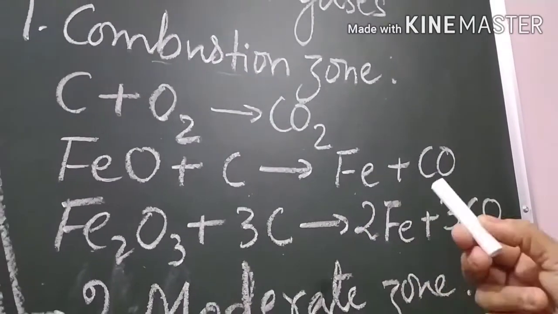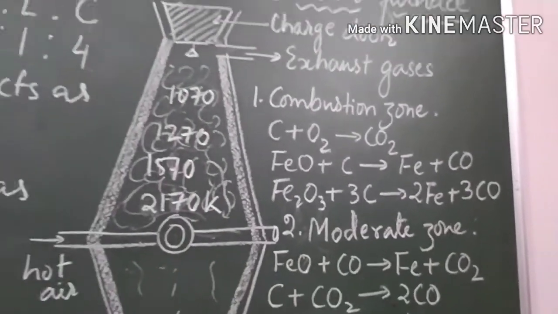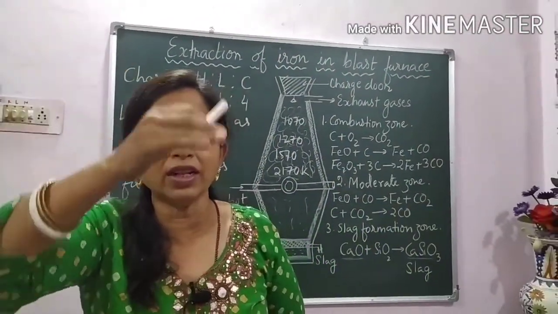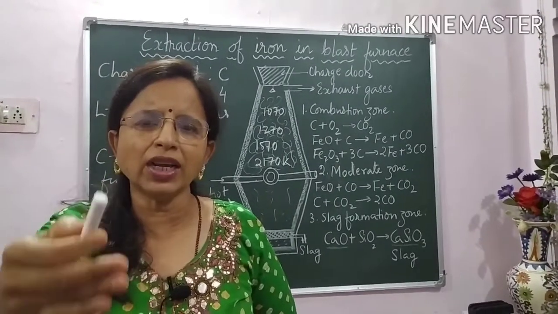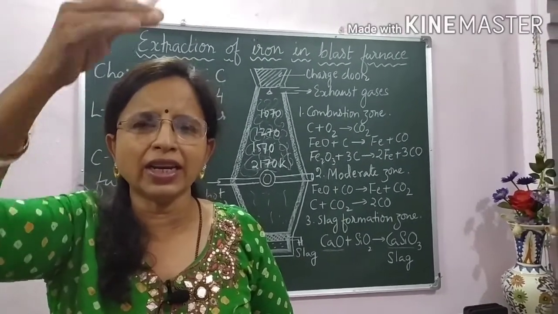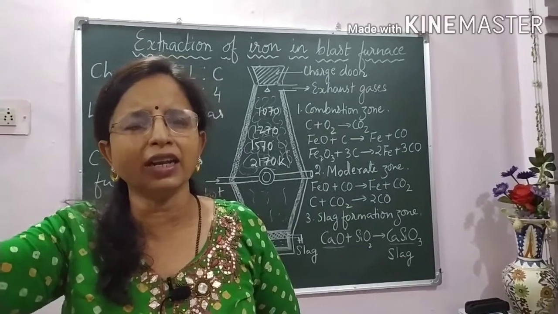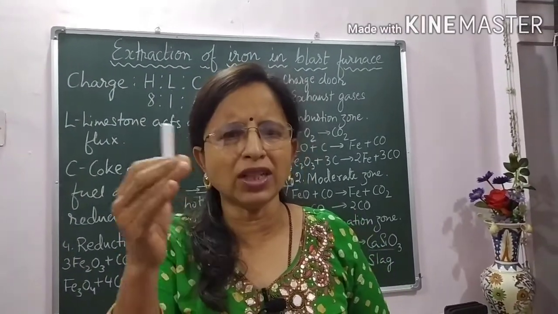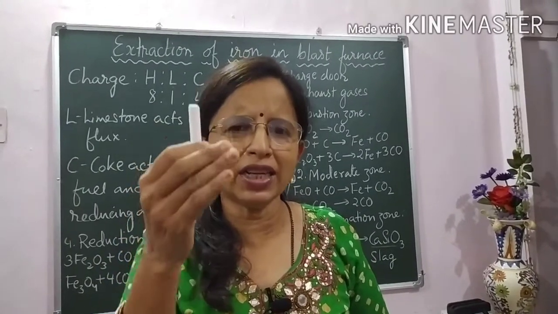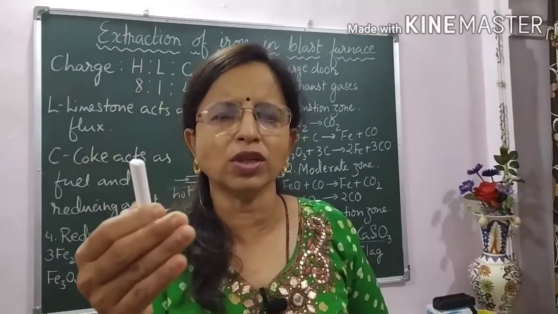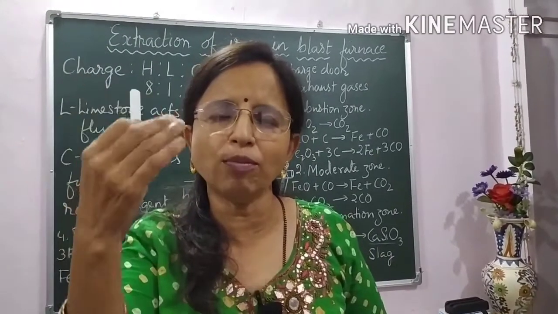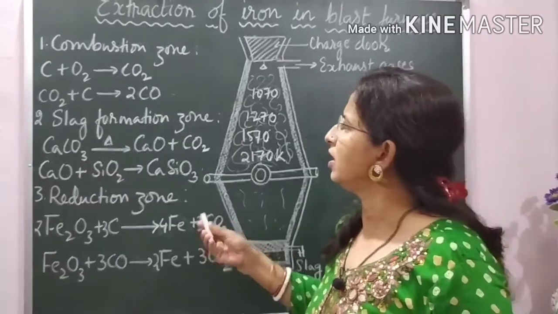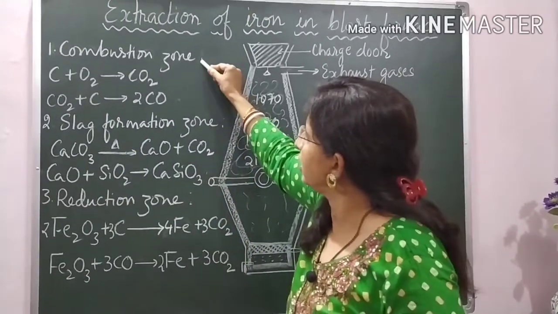But these reactions are too complicated because the reactions are going on in the furnace and it is circulated within the furnace. One of the products is reaching another zone and reacting with the reactant and giving some product. So, in the PUC syllabus, or 12th syllabus, we have divided these reactions mainly into 3 zones, and let us study what are the important reactions you have to remember. So, in a condensed method, we can study the furnace in 3 zones also.